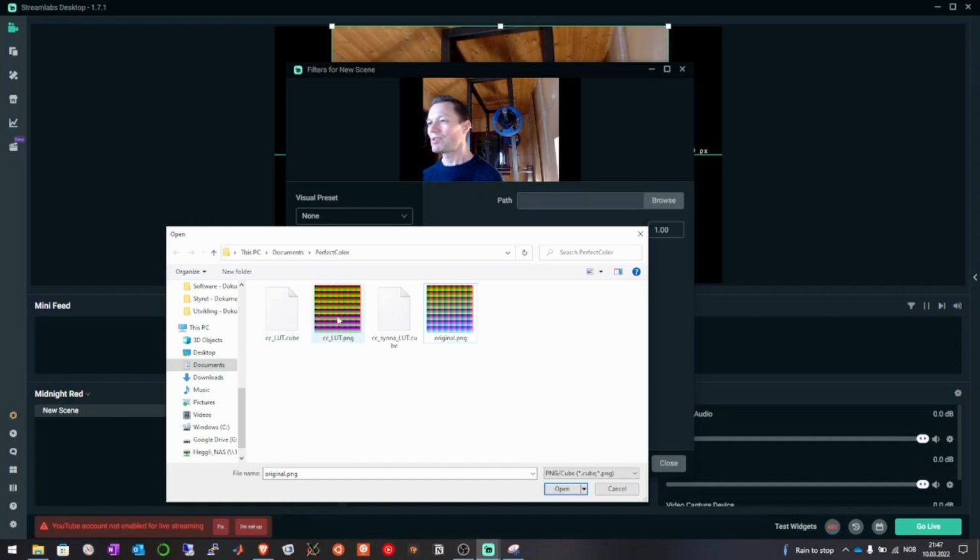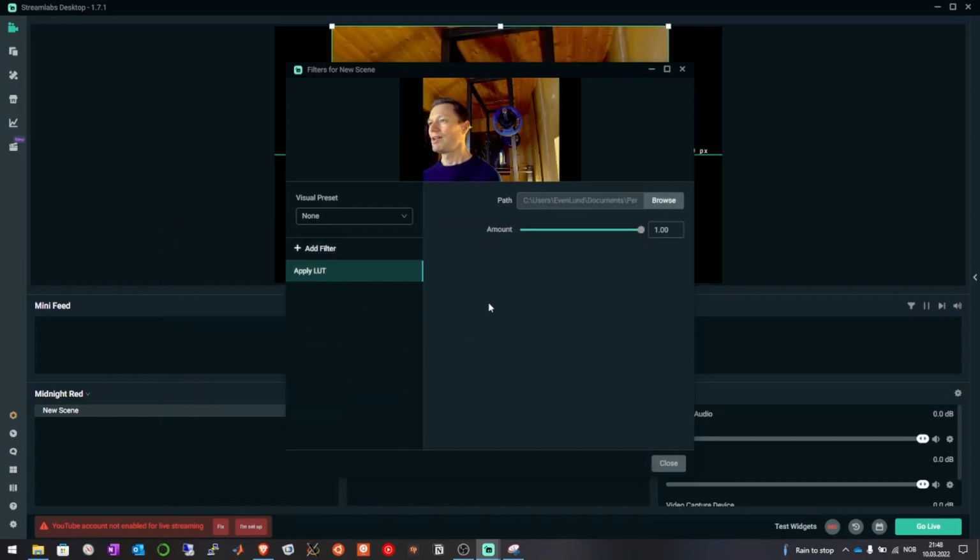In Streamlabs OBS and OBS Studio, you could choose whether you want to use the cube file or the PNG file. That would result in the same final result. So I choose the PNG file, and as you can see, it immediately used a LUT, and I